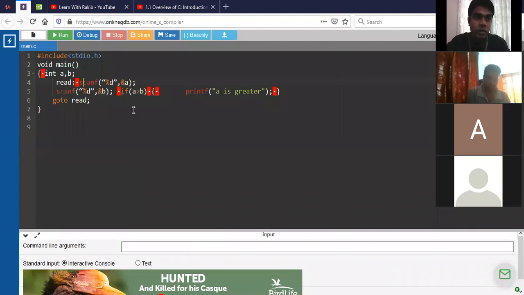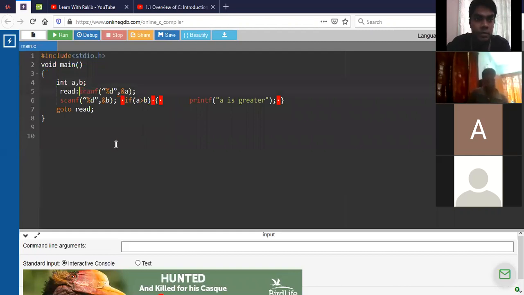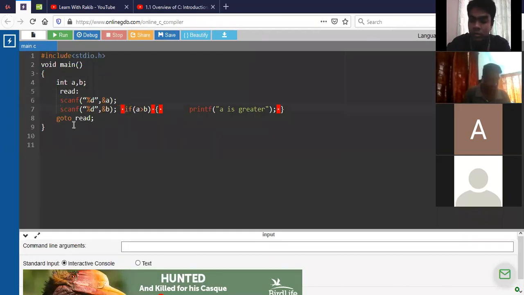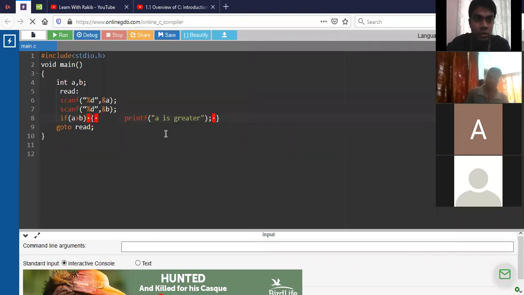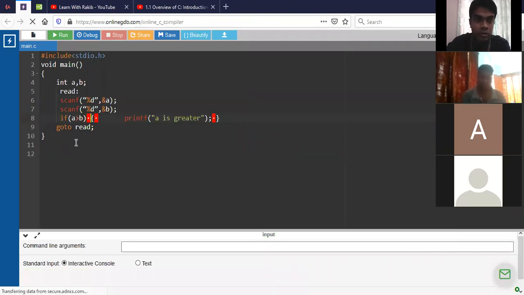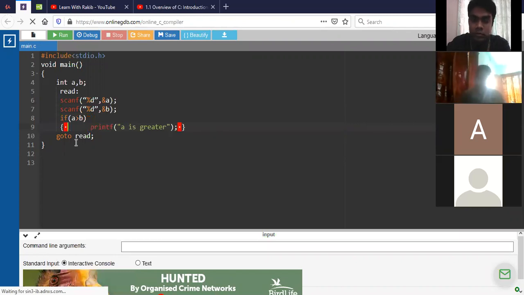Okay, so here let me fix the bugs. Integer, then scanf, done, then if condition I'm using here. Okay, now I guess this one is okay.